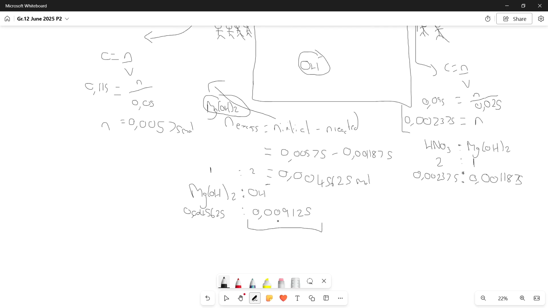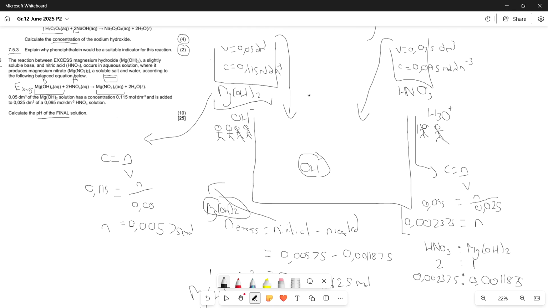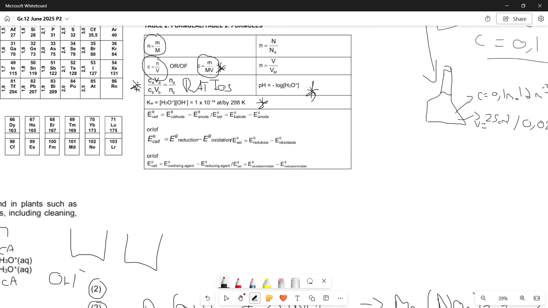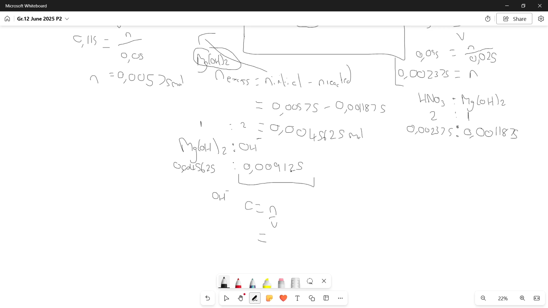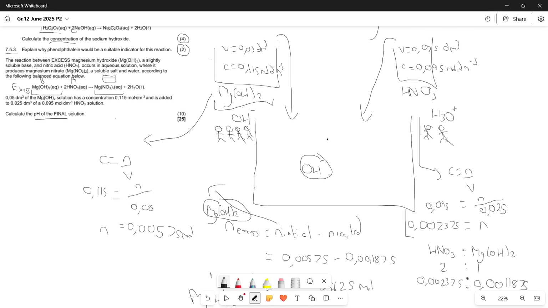And now that we have the moles of the OH minuses that are left in excess, we can go ahead and get the concentration of that, because we've done a whole lot of stuff with moles that we can then try and get a square bracket over here having to do with concentration. So if we are working with C equals n over V, this is all for our OH minus ion. We have this answer for our moles, so we have 0,009125 over there. And then volume at this stage, we have to see we're in this big beaker over here,